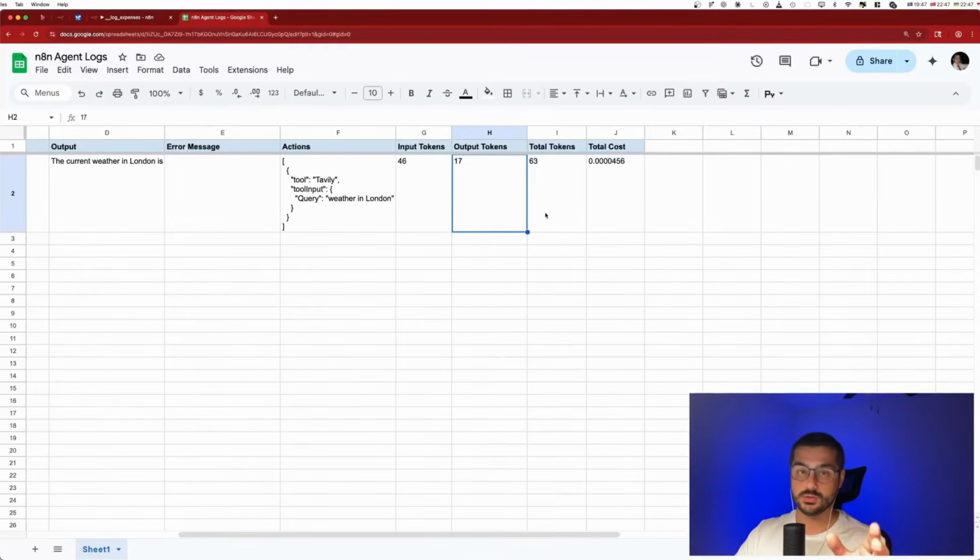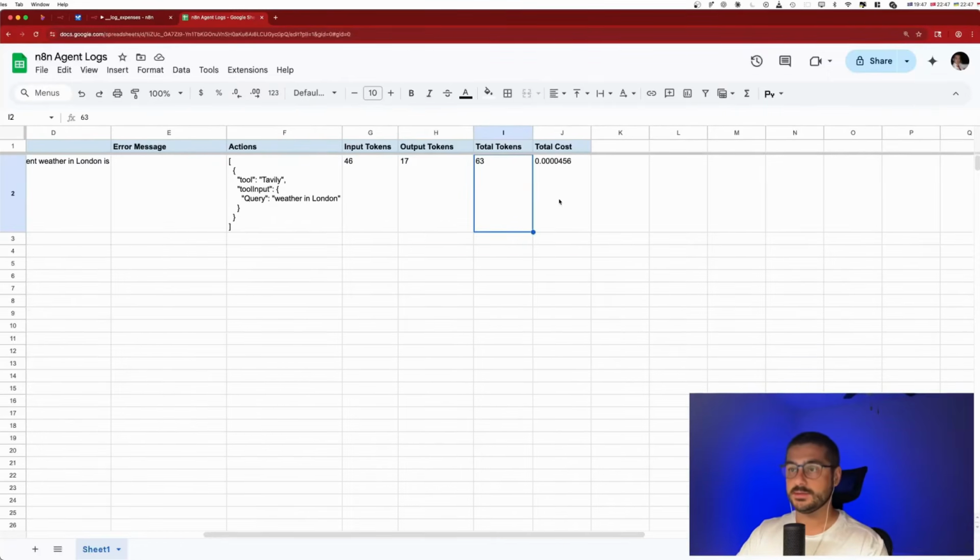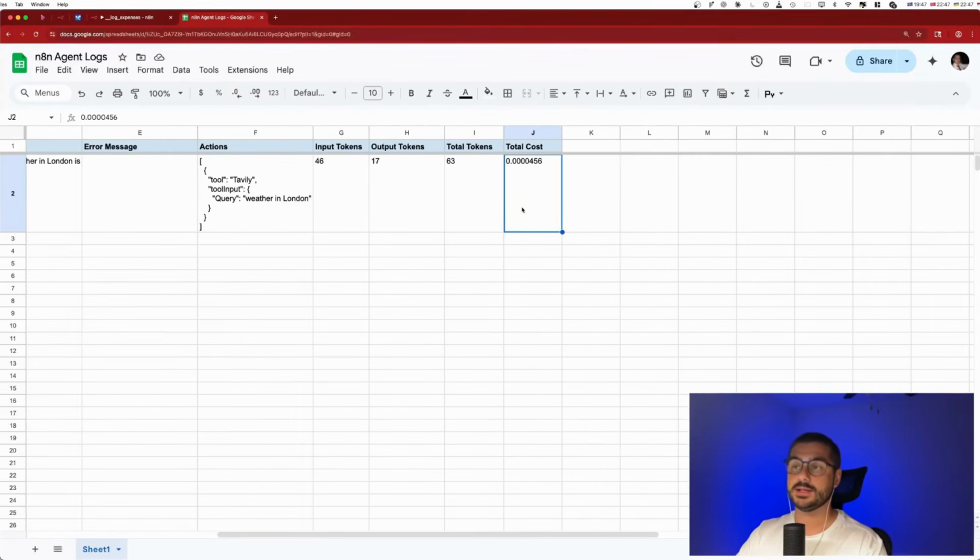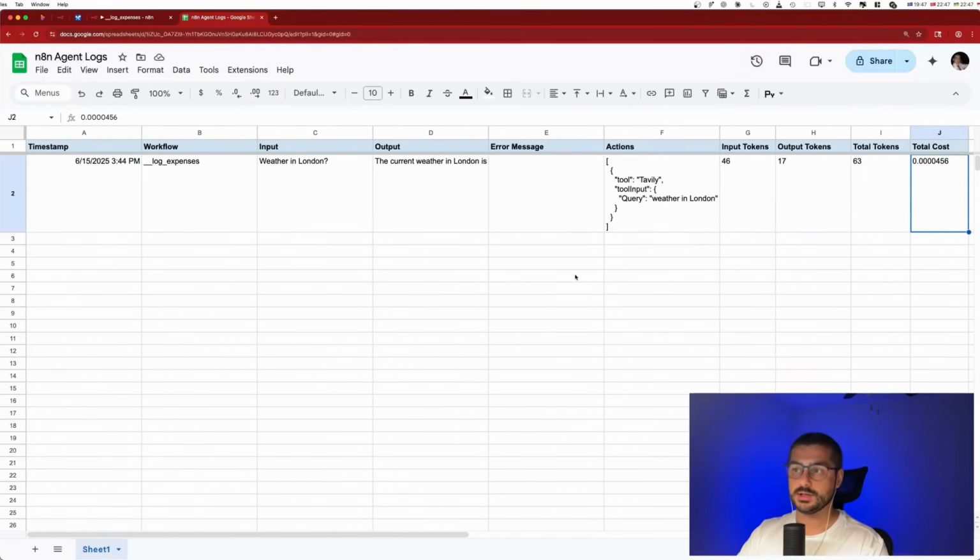In other words, if you don't know, the cost of using an LLM model consists of how large the prompt was on input and the size of the response you get as output. If you're not familiar with this, let me know in the comments and we'll cover this topic in more detail again. So, this is the total number of tokens and the amount in dollar equivalent, depending on which model you used. And this way, you can have a very large database, and then, depending on how many agents you use, you can analyze their expenses, which is very important because some agents can hallucinate.